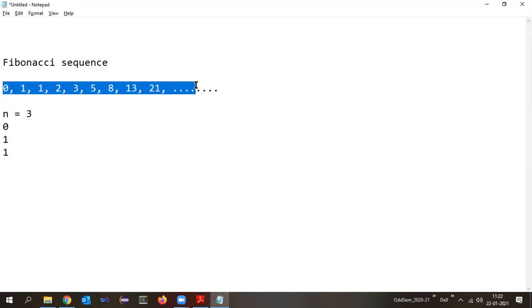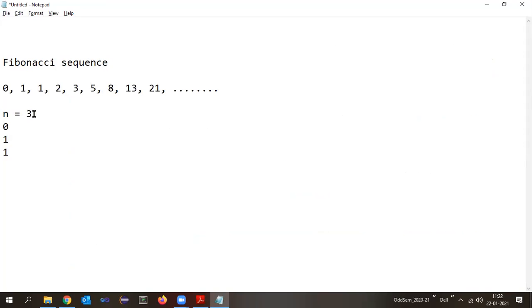A collection of these we call a Fibonacci sequence. We want to generate the first n Fibonacci numbers. Suppose the number is 3, the Fibonacci sequence should have the first, second, and third number, like 0, 1, 1.